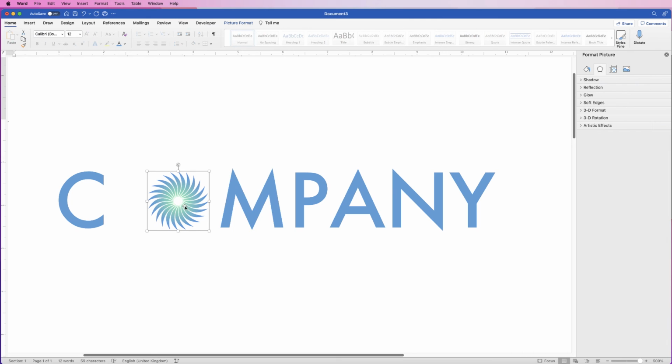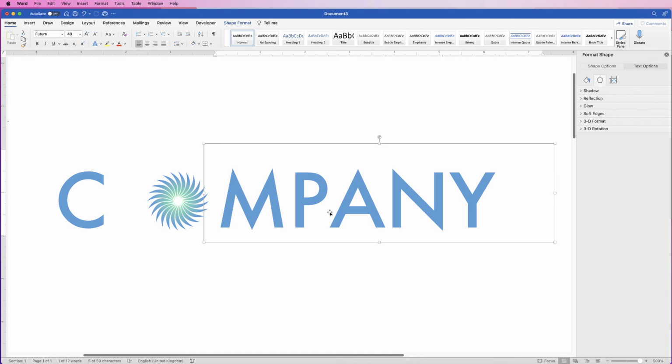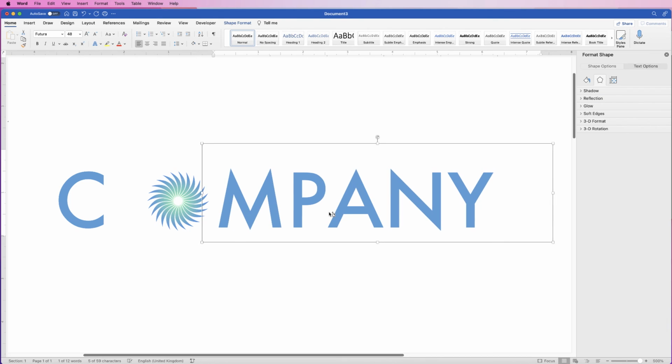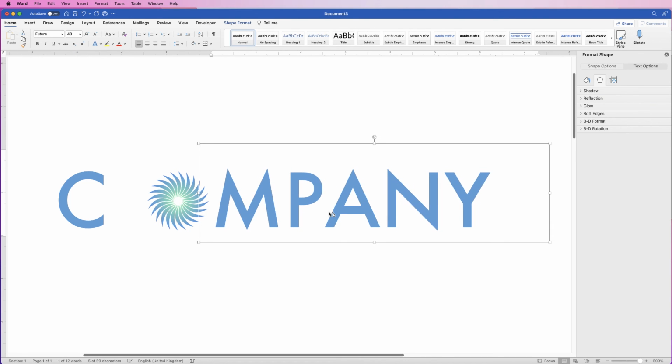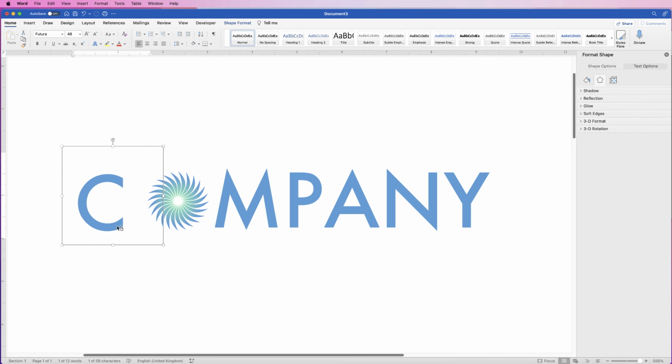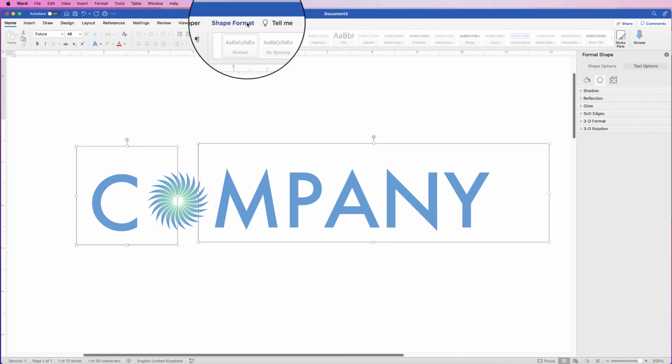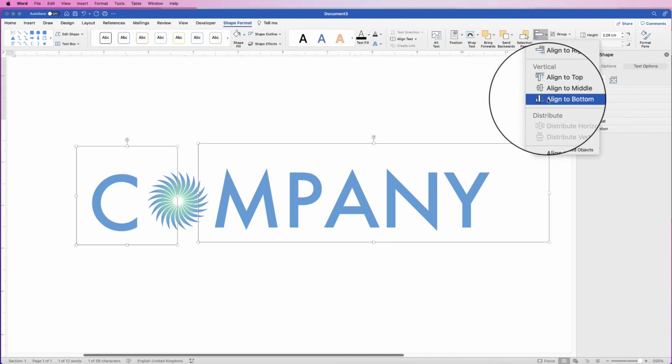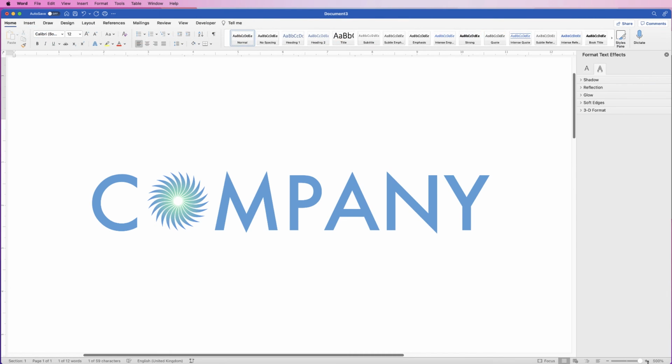Now all I need to do is space this graphic where I want it. So instead of moving the graphic, for some reason I can't move the graphic in small increments with my arrow key. So I have to move the text instead. So you can see I've moved the C down now, so I'll have to realign that. So the spacing is roughly there. Let's just align these two again because I nudged it. There we go. And then zoom out